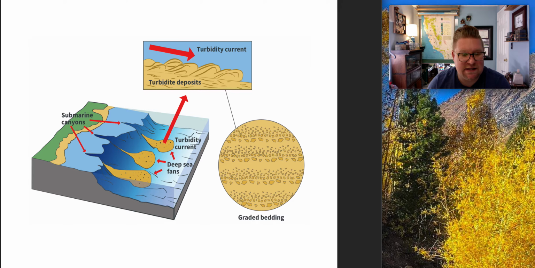So looking at some of these things, I found this diagram, I thought it was quite helpful. Here we have our submarine canyons, here we have this material that builds up, and here they give an example of a turbidity current. What's interesting about these, they can also be graded bedding. So looking at what we consider